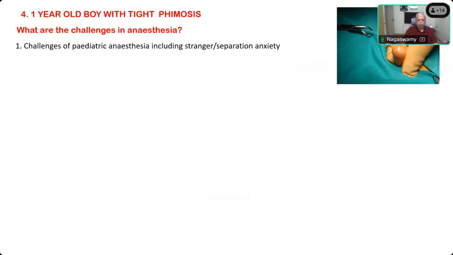Those days we did not have propofol, and we used to give analgesia with either pethidine or morphine IV, followed by holding the mask with gas, oxygen and ether or trilene. These are the agents that we used to keep the child quiet by inhalation technique with spontaneous breathing. And occasionally, we used to give the penile block also before we allowed the surgeon to operate. And then, by chance, if the analgesia is not adequate, especially in children who are very anxious and crying because of separation anxiety,